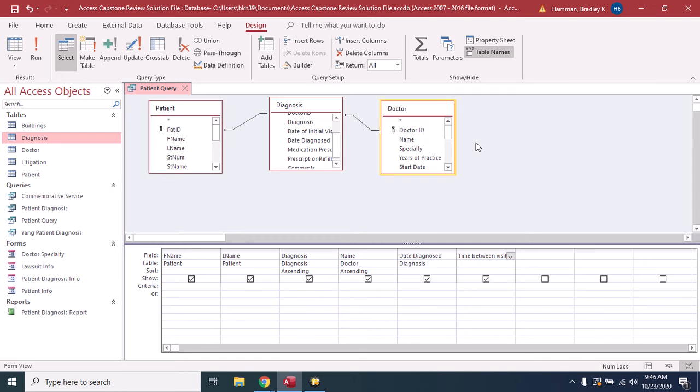We're going to talk about a few other types of queries that you can utilize that may be beneficial for you to know, understand, and access to help you on your project. Once again, we left off talking about calculated fields. The other thing that may be of interest to you